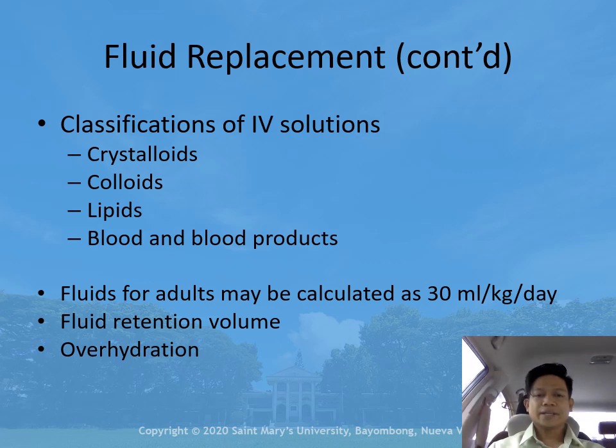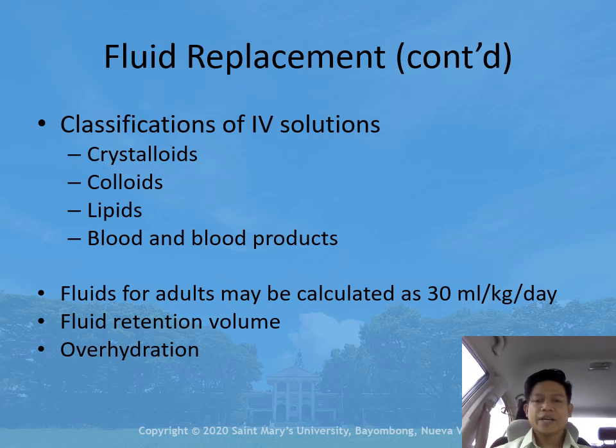To calculate a client's daily fluid needs, fluids for adults may be calculated as 30 ml per kilogram per day. Example, the client weighs 85 kilograms. The daily fluid requirement will be approximately 2,550 ml. How did we arrive with 2,550 ml? Simply 30 times 85 equals